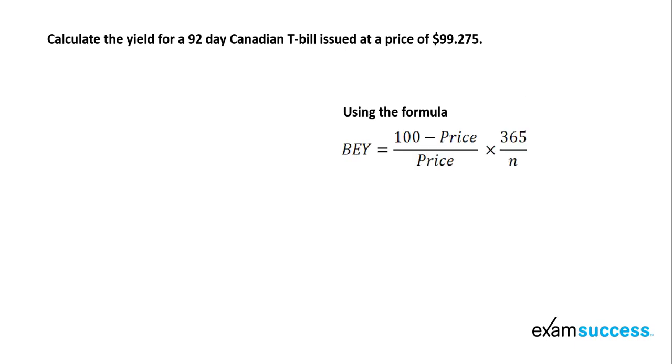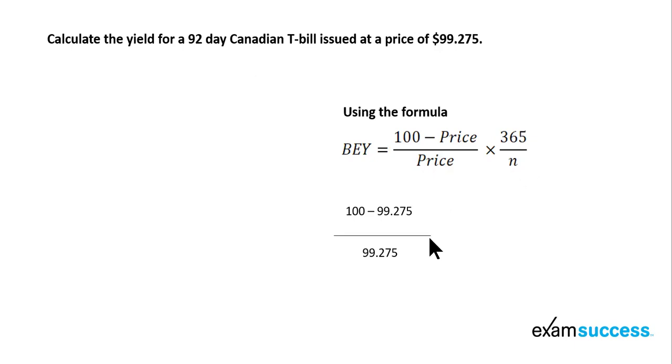The formula is the bond equivalent yield. So this is going to be 100 minus the purchase price over the purchase price times 365 days in a year divided by N. N is the number of days to maturity in the T-bill. So we can follow through and fill this in from our information. We've got 100 minus 99.275 over